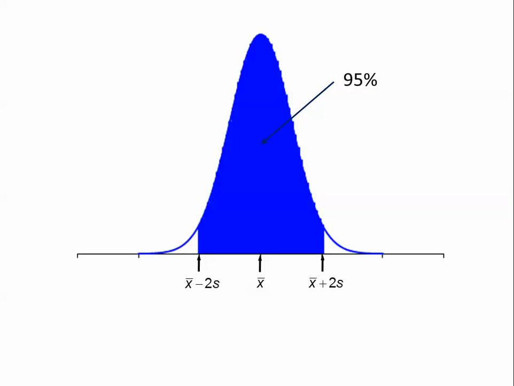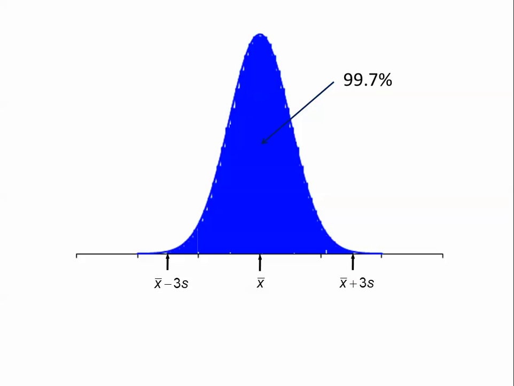Similarly, about 95% of the data falls within two standard deviations of the mean. Again, this is the mean plus two standard deviations, and the mean minus two standard deviations. And if you split this up in half, 47.5% each in these two regions. And similarly,